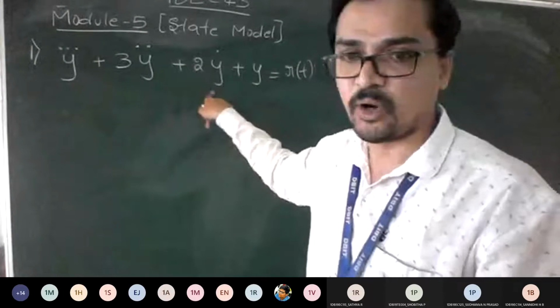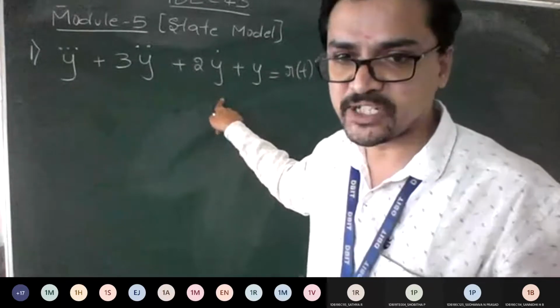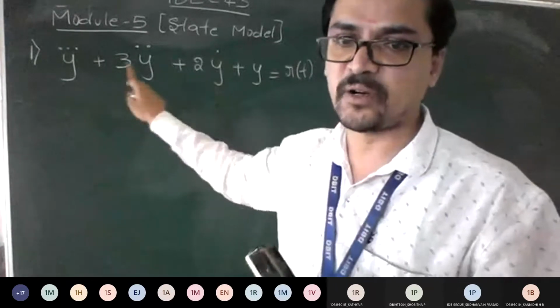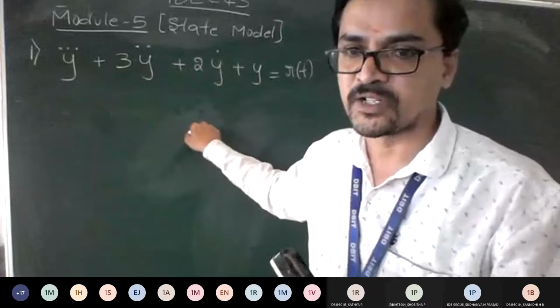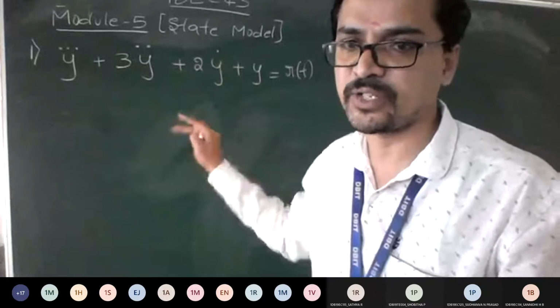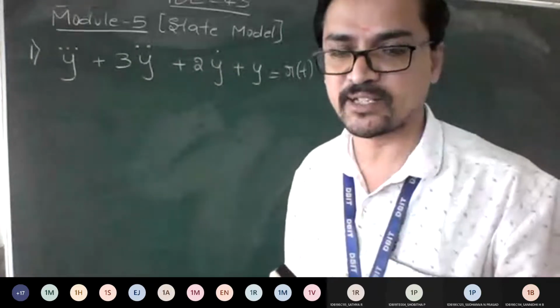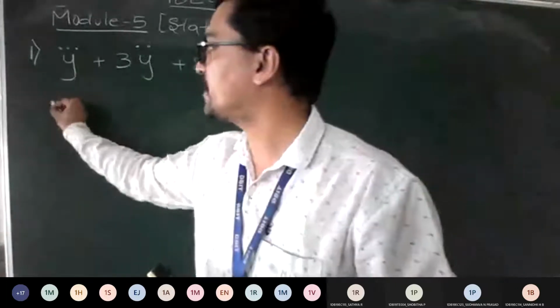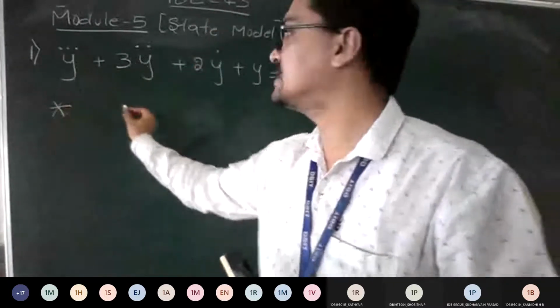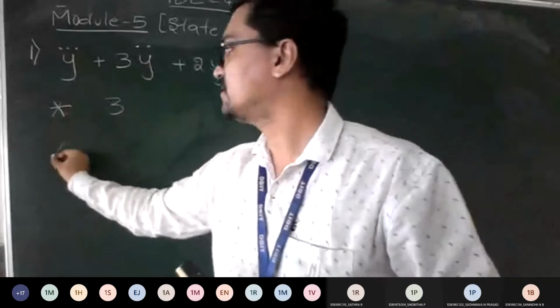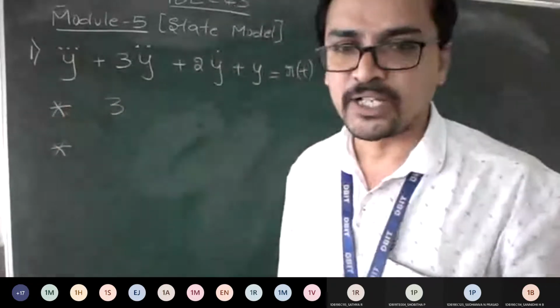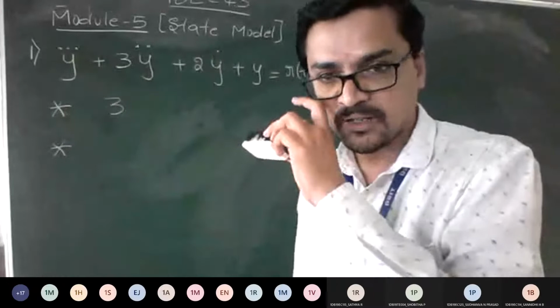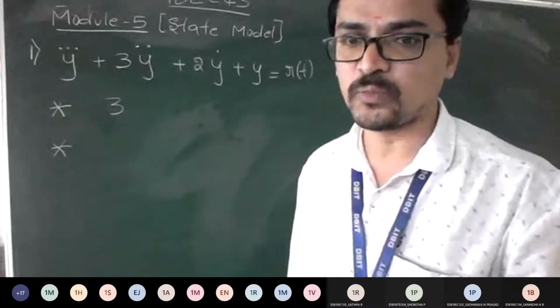Yes, sir. So to determine the number of state variables, check the maximum differentiation you can find. Single dot means one differentiation, double dot d square, triple dot d cube. So once you know it is a 3 variable state, you need to generate a 3 cross 3 matrix to get the equation. What is the first step, guys? You need to find the state variables. We have found it is 3. Next step is what? You need to make some assumption for your state variables. So how to proceed with that?